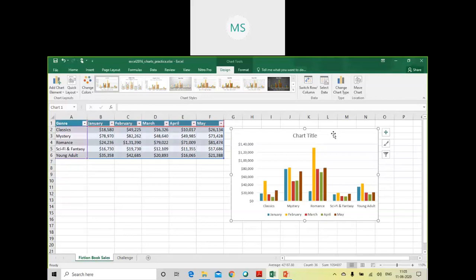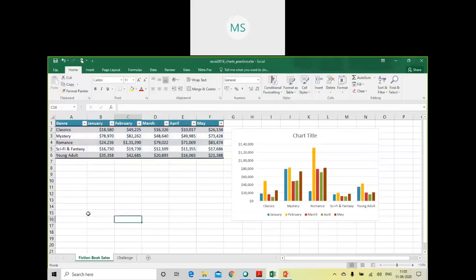Now just analyze what happened here. All the genres have become your columns, and all the sales figures have become your rows.